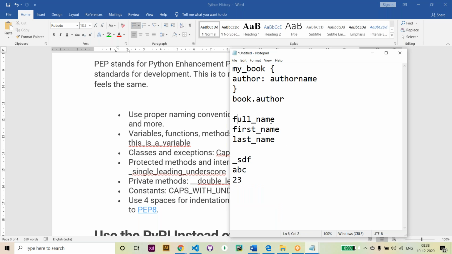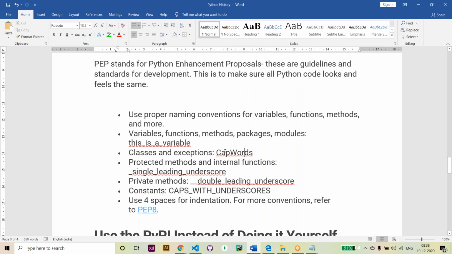so here I have the full name, like two words, okay. Suppose instead of using an underscore, you are going to create it without an underscore, you can create it like this. In the full, F is small, and in the name you can type a capital N, so that it will be easy to identify. It is a two-word variable, but it's in one word, without giving a space, without giving an underscore. So for more than one word, you can use cap words like this. Like cap words, you can say camel words,